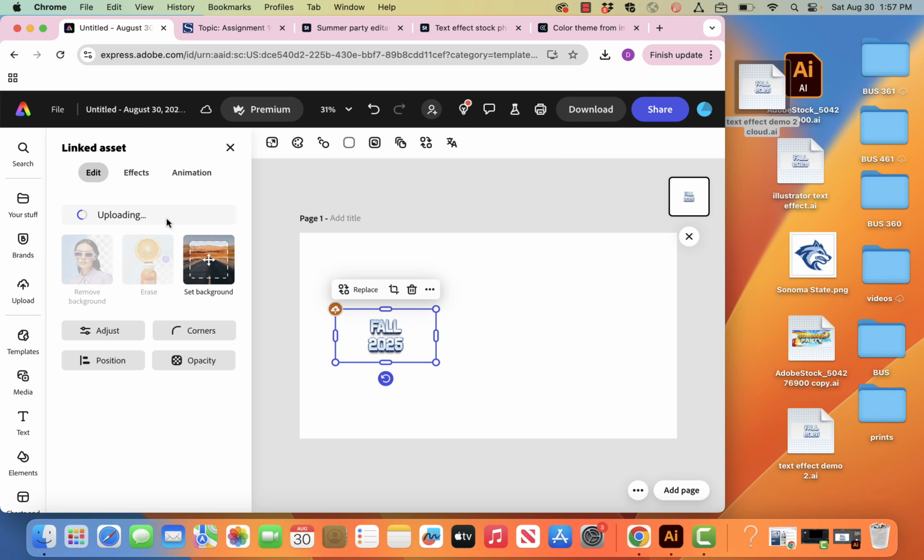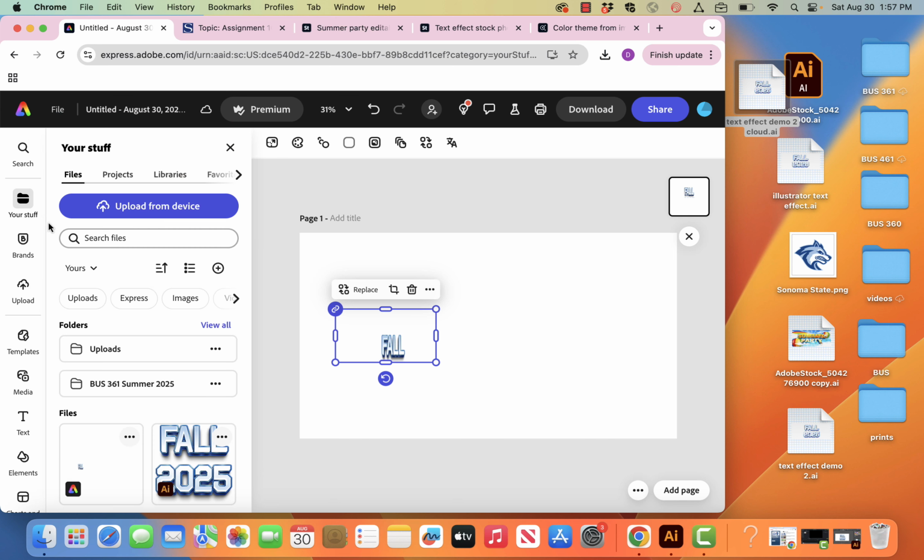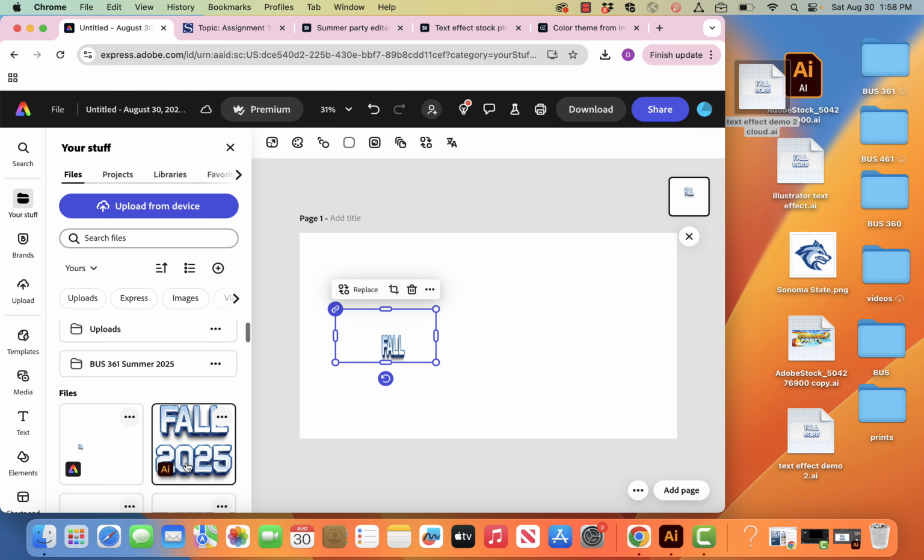So it processes, it goes to uploading here like it's thinking. And then in your stuff, after it's uploaded, it should appear as a little Illustrator file with an AI icon, like the file type. There we go, text is placed successfully. It had a little issue going on with the bounding box there. See, it's kind of snapping around. But if you go to your stuff, you can see you got your text here with the .ai